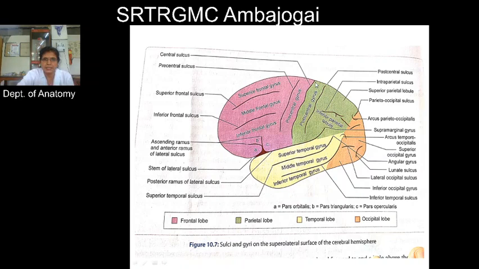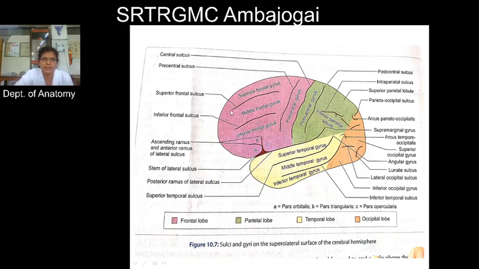We have seen about this central sulcus, which is present on the superolateral surface. In front of this central sulcus, there is the precentral sulcus, which runs parallel to the central sulcus, and the area between this central sulcus and the precentral sulcus is called the precentral gyrus. Now the area of this frontal lobe in front of this precentral sulcus, there are 2 sulci and 3 gyri,